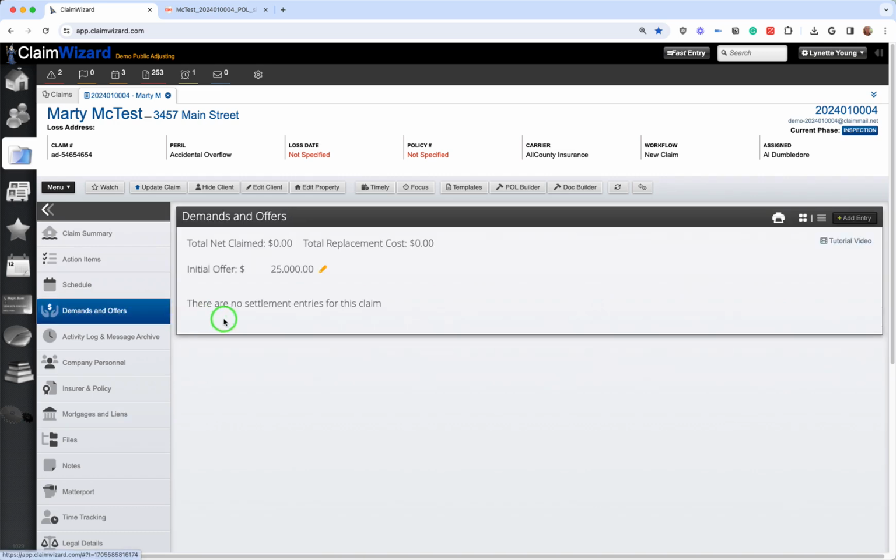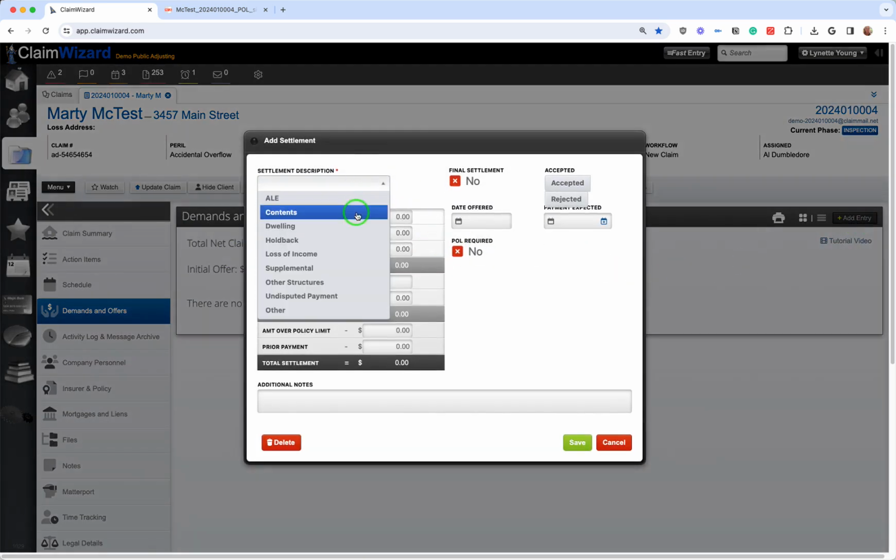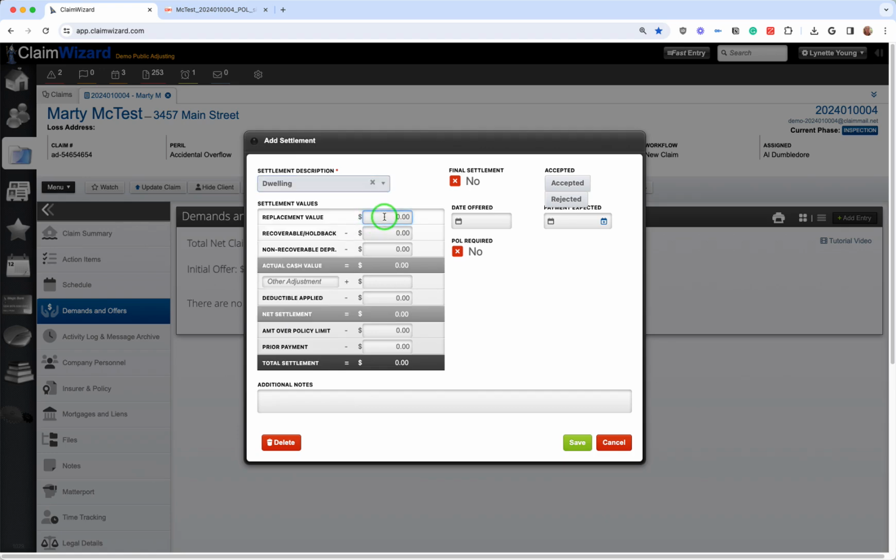One of the other parts that's really important, between the workflow and the demands and offers and our financial systems, and very important for ClaimWizard, is your demands and offers. So when a carrier comes to you or you go to them and you say, we're going to do dwelling, and we're going to say, I'm making up numbers here, right? Recoverable holdback, a non-recoverable depreciation, maybe there's a $5,000 depreciation, or